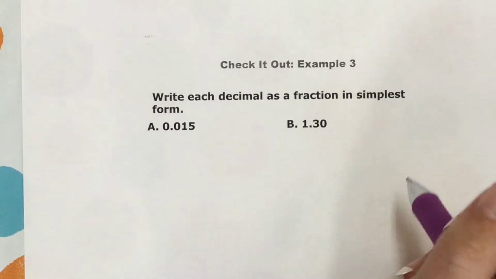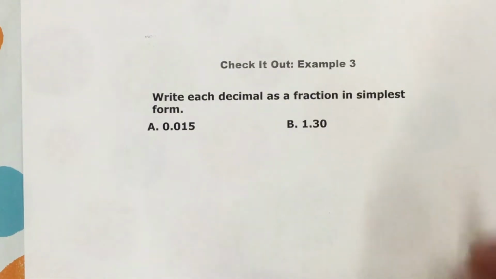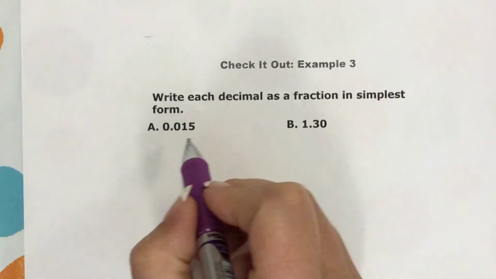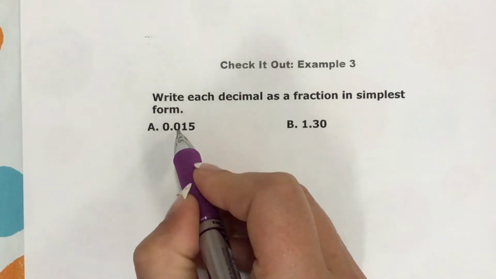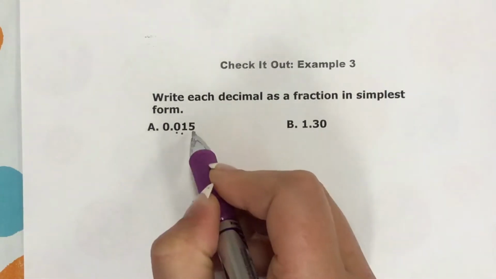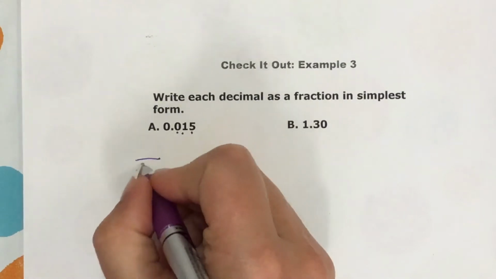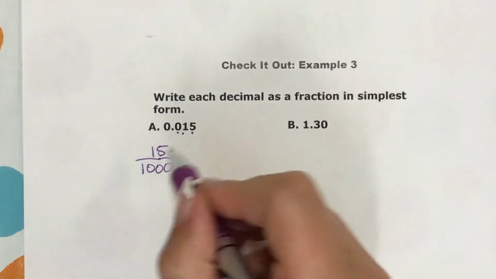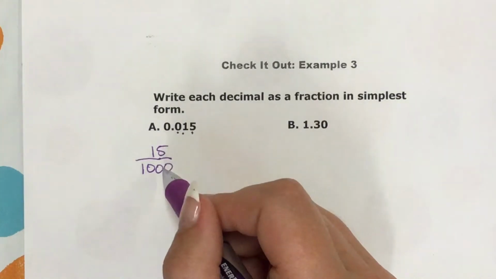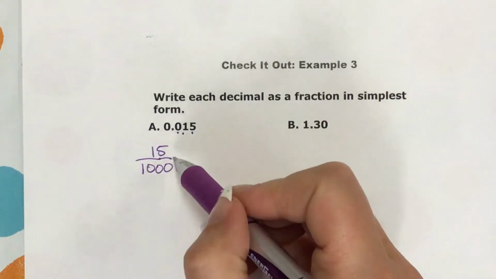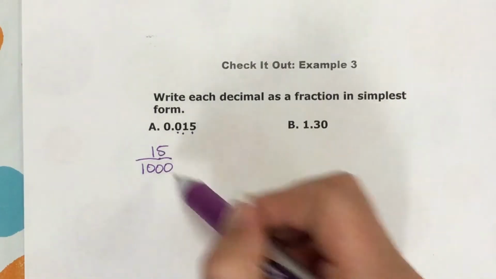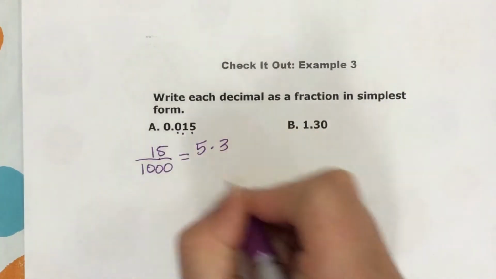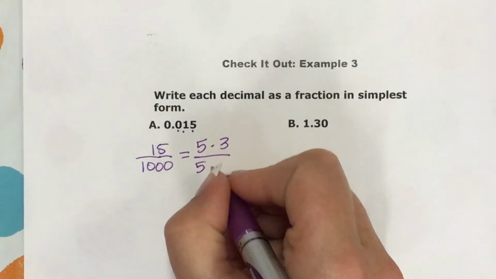All right, so here we go. We're doing this problem right here. We're going to change it to a fraction in simplest terms. So let's figure out what place this is. This is the tenths, hundredths, thousandths. So we would put this over 1,000, and it's 15 thousandths. So we want to say, hey, is there a number that goes into both 15 and 1,000? And I know that because this ends in a 0 and this ends in a 5, they're both divisible by 5. I know that 5 times 3 is 15, and I know that 5 times,